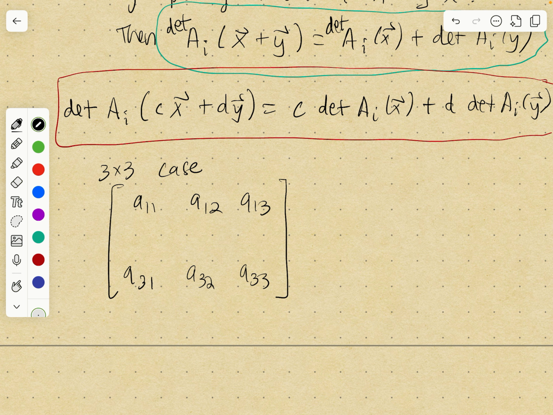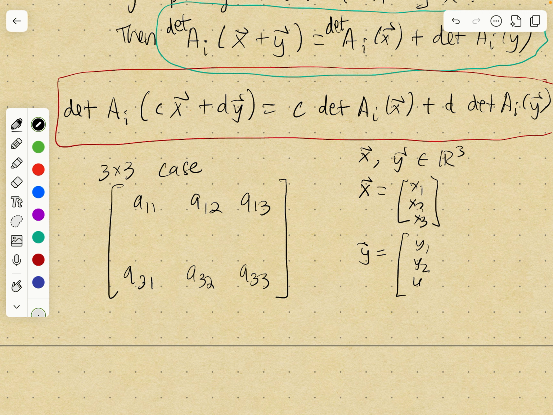If you have these two vectors, x and y in R3, and your x is the vector x1, x2, x3, and then your vector y is the vector y1, y2, y3,